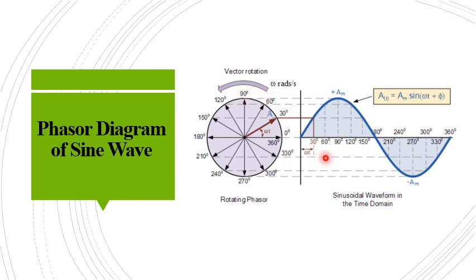Now if you want to represent the phasor at omega t equal to 0, 0 degree means that is your reference point, this point. Then the phasor will be this straight line. So here we can see that by this one single phasor, we can represent a complete cycle of the sine wave. So that is the advantage of a phasor.